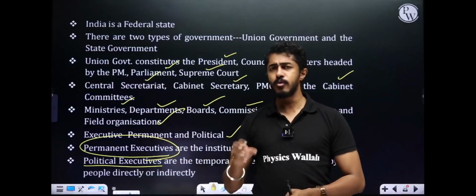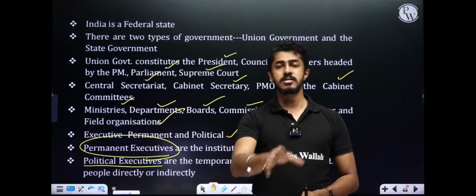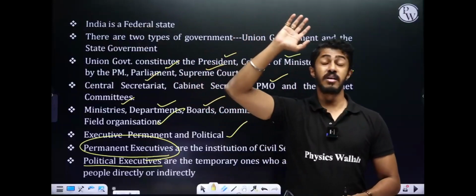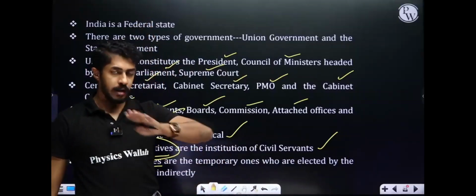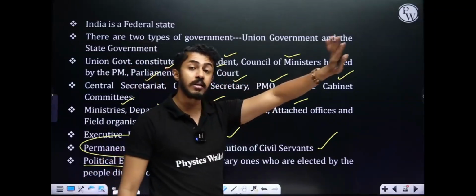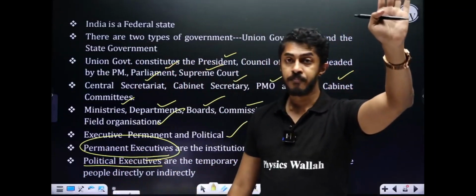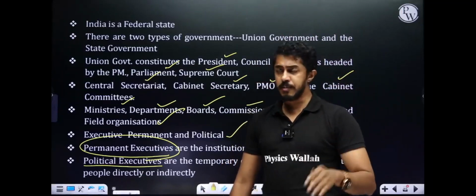ये waiting game सिर्फ UPSC के exam के लिए ही नहीं है. This is your career. The waiting game. Here, if it is about 1 year, prelims, mains, interview, there it could be 5 years, there it could be even 10 years or even more than that. Waiting and bidding for your time. Clear, people? Moving on. The President.